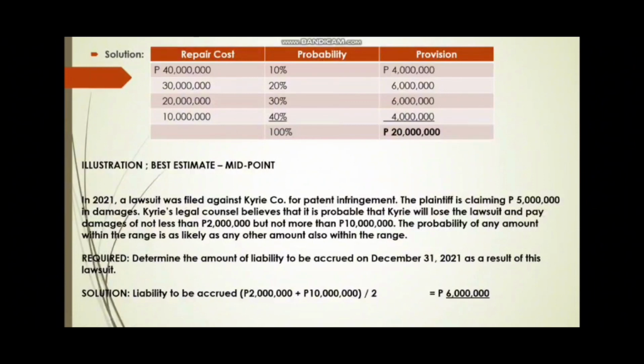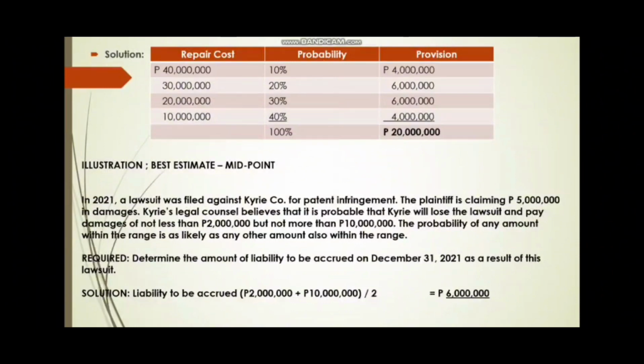Illustration, best estimate, midpoint. In 2021, a lawsuit was filed against Kairi Co. for patent infringement. The plaintiff is claiming 5 million in damages. Kairi's legal counsel believes that it is probable that Kairi will lose the lawsuit and pay damages of not less than 2 million but not more than 10 million. The probability of any amount within the range is as likely as any other amount also within the range. The requirement is to determine the amount of liability to be accrued on December 31, 2021 as a result of